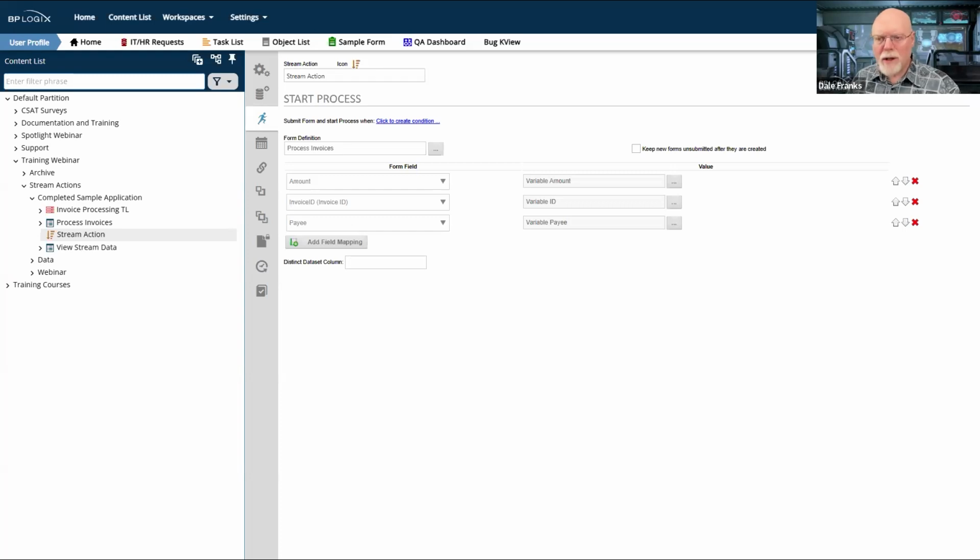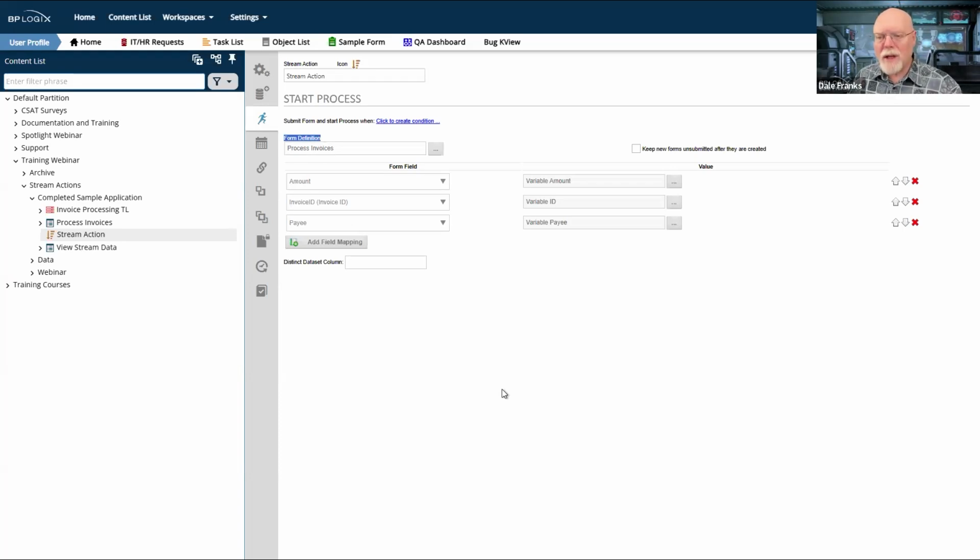The stream action is fundamentally different. It's designed to enable us to start a process, but the way it starts the process is to find a form definition, fill out that form, and then for the system to submit the form. Once the form is submitted, the process begins.